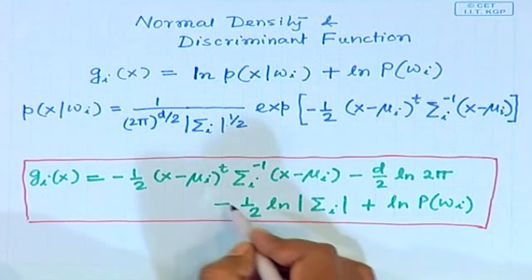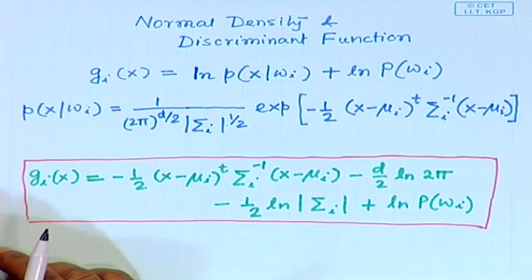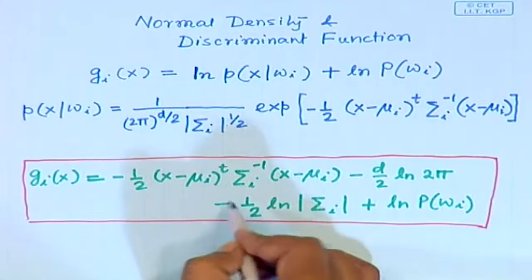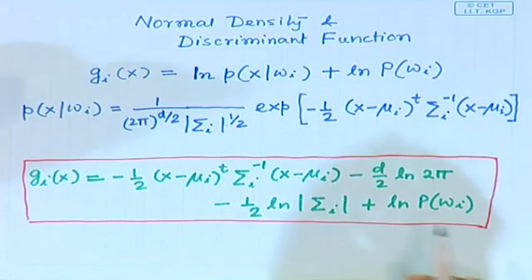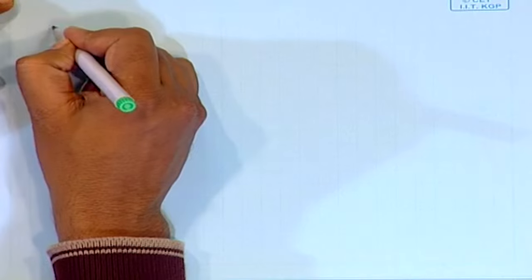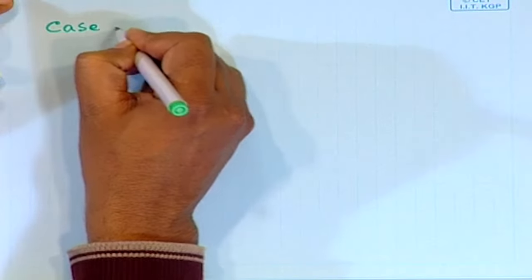And we have said that depending upon this covariance matrix sigma i, we can have different types of discriminant functions. So, we will see those cases: if this covariance matrix sigma i takes different forms, then what are the forms of the discriminant function, or what is the architecture of the decision boundary between two different classes, which varies depending upon the covariance matrix sigma i for the different classes. So, the first one that we will consider is the simplest form. So, we will put that as case 1,